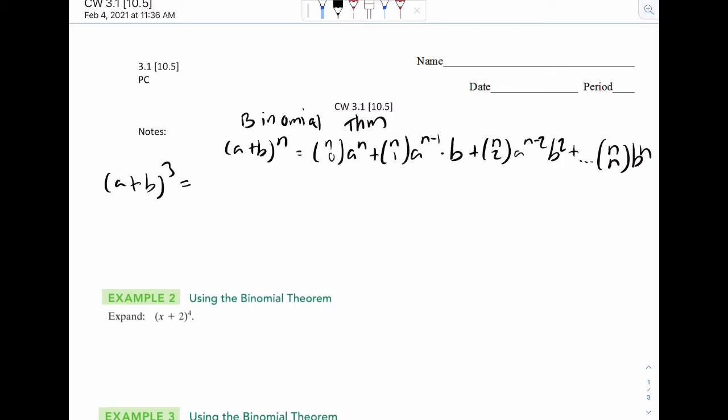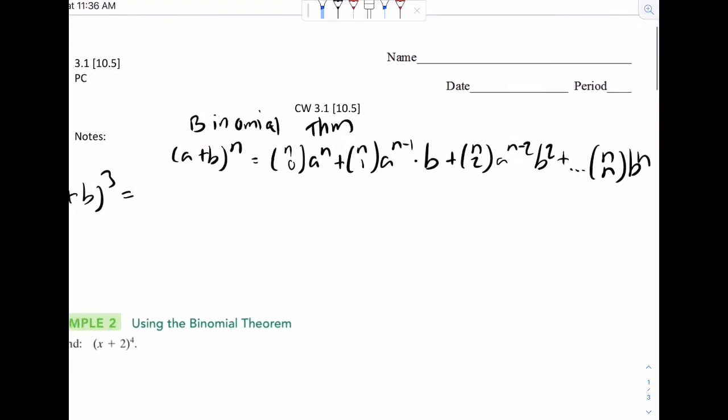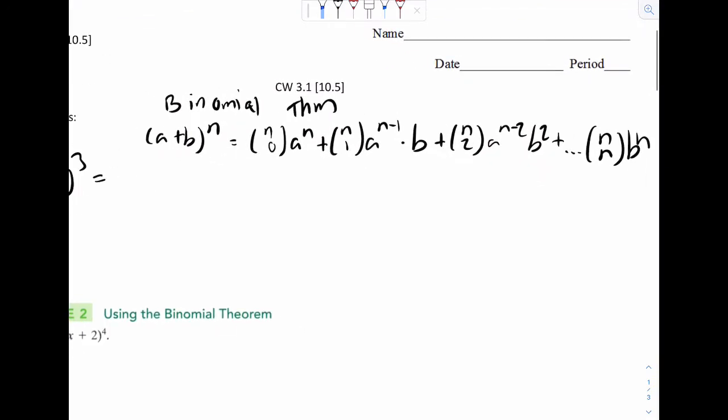Welcome to CW 3.1. Today we'll be talking about the binomial theorem. So this is the theorem right here. You can write this down if you want to, but notice this is pretty abstract. It's pretty high level. So to model the theorem, I'm going to give you an example that will show you